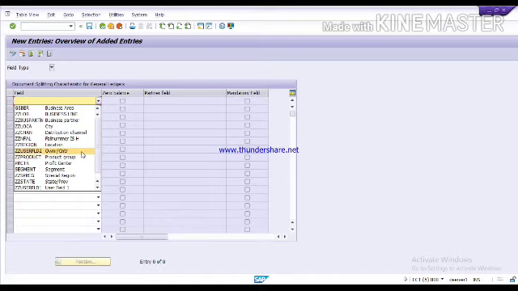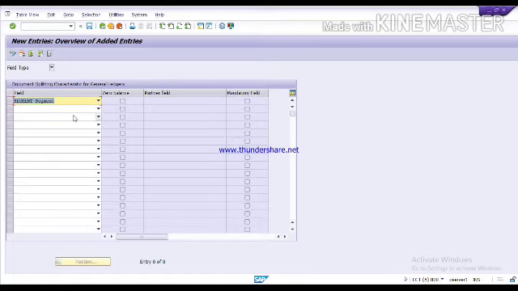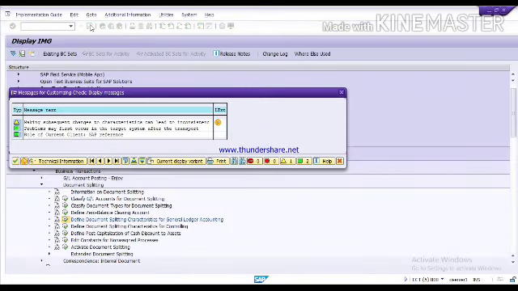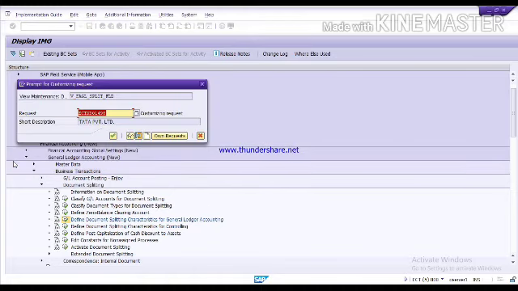So now I'm selecting this for segment. So just select it, press enter. Now click on this zero balance. If you want to take a zero balance also, you can click on it, and this mandatory field you must tick, and then just click on save. So just continue. Continue.